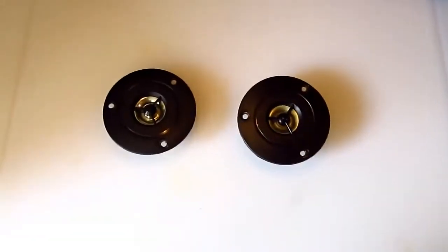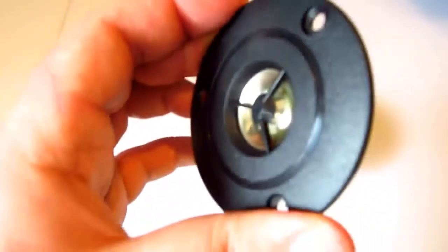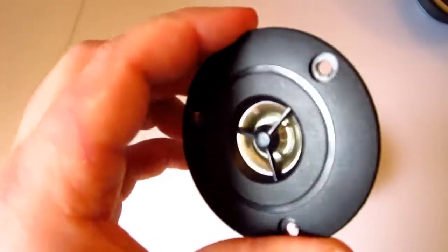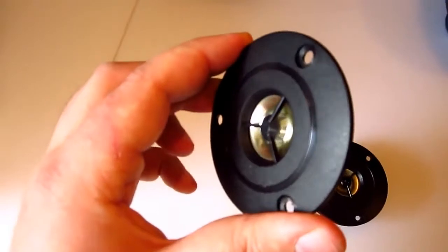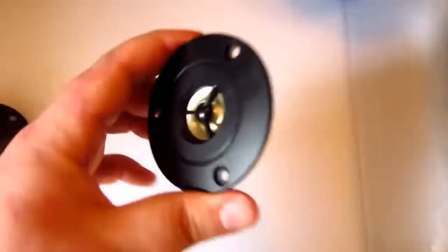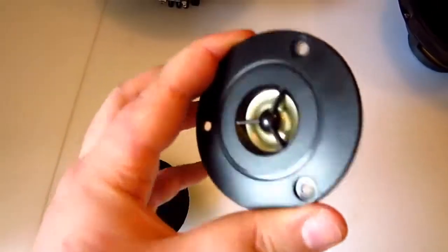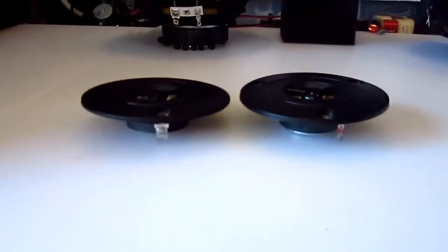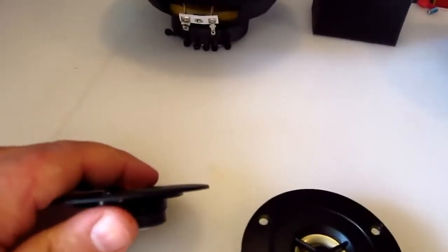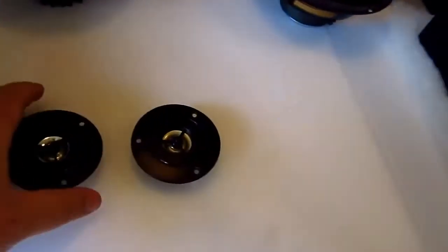Here are the tweeters. Here is the difference between the tweeters. The new tweeter, I guess you'd call that a cone now, flat top cone guard. It's a flat top cone guard, and on the old one it is a perfect dome, which I like better just for aesthetics. It's actually a little bit taller, the old one. You can see that, and the plastic bezeling is thicker, probably twice as thick actually, but the overall dimensions are